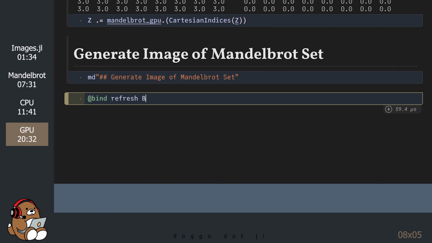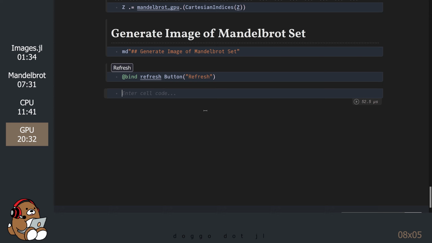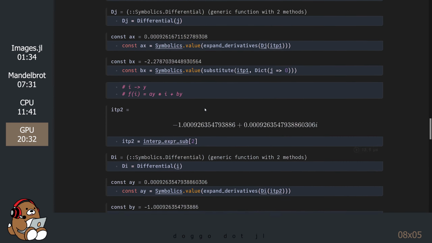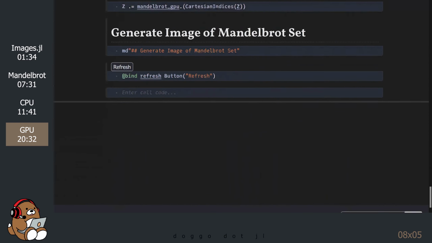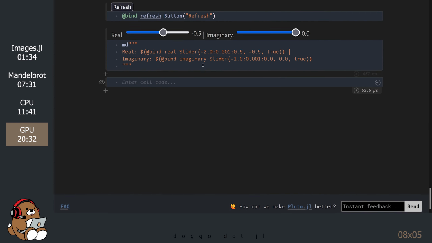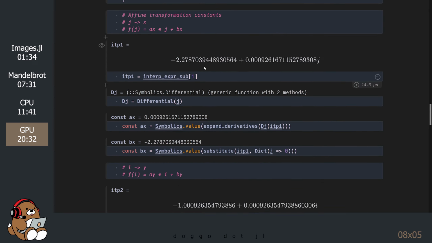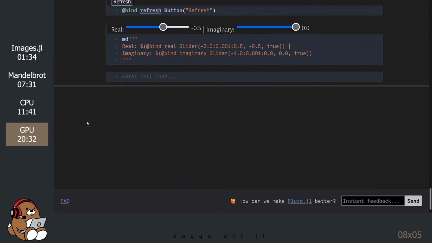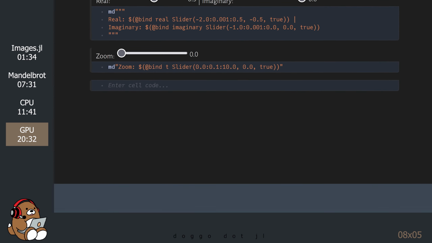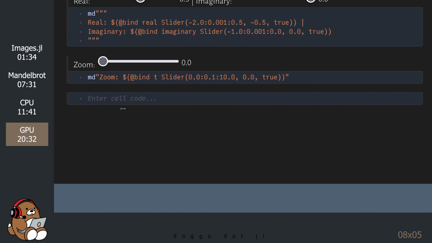Before generating the image, let's create a refresh button, and then move the sliders down. Now, we can generate the image.